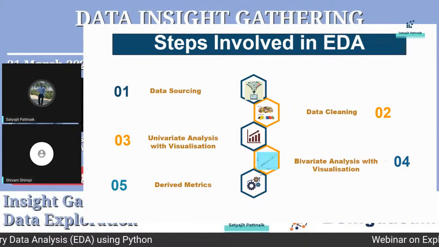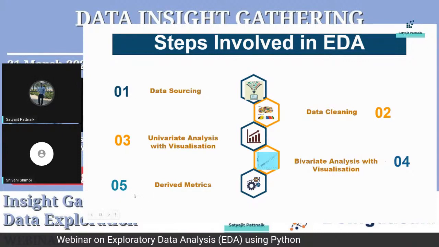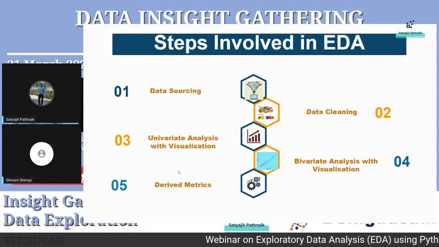We haven't mentioned the multivariate thing, but once I give you a small example, I'll also explain how to do the multivariate analysis as well. So after that, we also have derived metrics. Sometimes what happens is derived metrics, by the name itself, it has been derived from some other